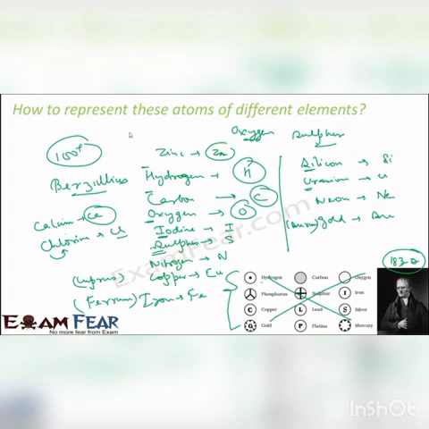Okay. And if you notice one more thing, as per IUPAC naming, the first letter is always capital and the second letter is small. For example, calcium is Ca, C capital, a small. Calcium is never capital C capital A or small c small a. Calcium is capital C small a. This is correct. Similarly, iron is capital F small e. Iron is never FE or fe. These are all wrong.